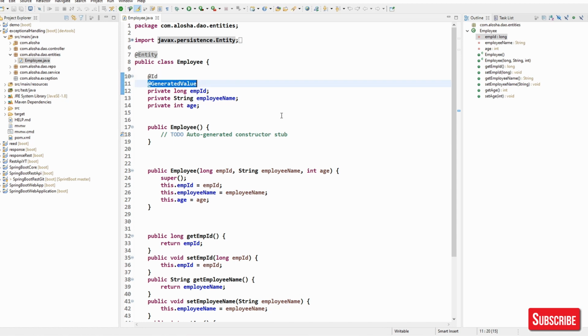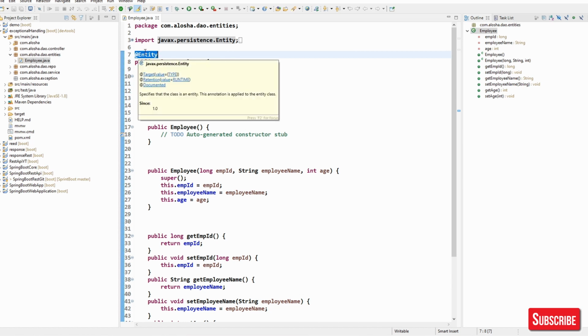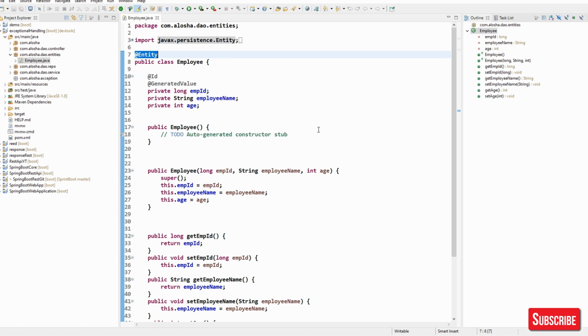Generated value, we don't want to keep track of ID generation, primary key generation, so we are making use of generated value. These are the only things we have to do, and we are good with the entity. Basically, as soon as we start our container, the corresponding table will be created in the database. Why? Because we are using DDL update also. That's why the corresponding table will be created.